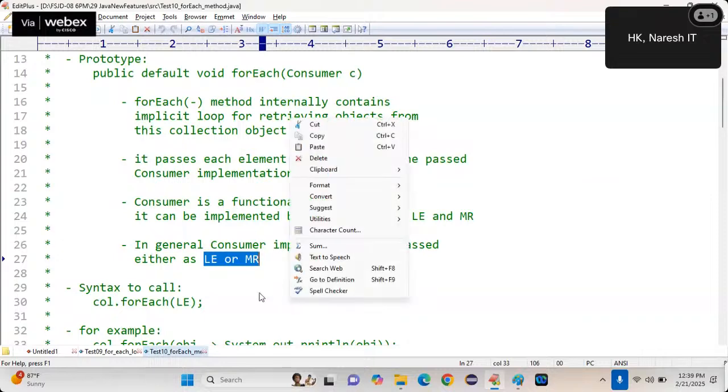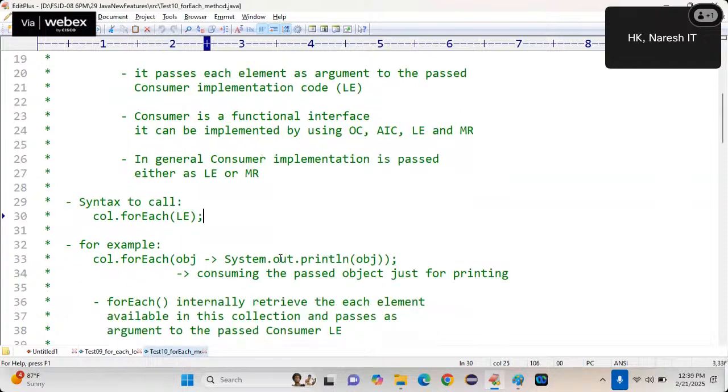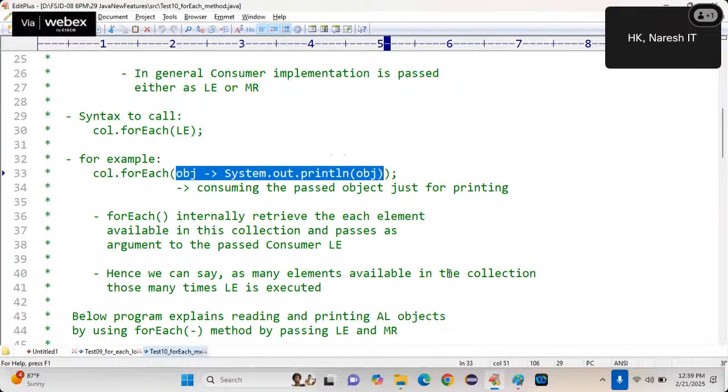Syntax to call the method: collection dot forEach, and you pass the lambda expression. For example, I am passing a lambda expression for printing the objects. forEach internally retrieves each element available in this collection and passes it as an argument to the passed consumer lambda expression.